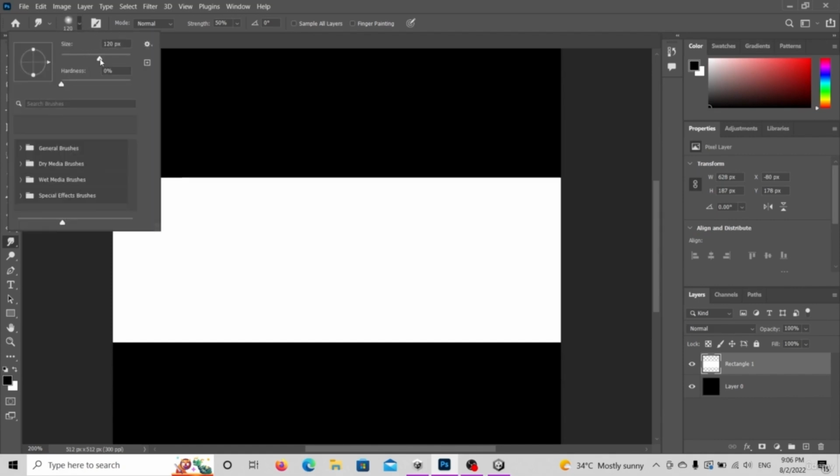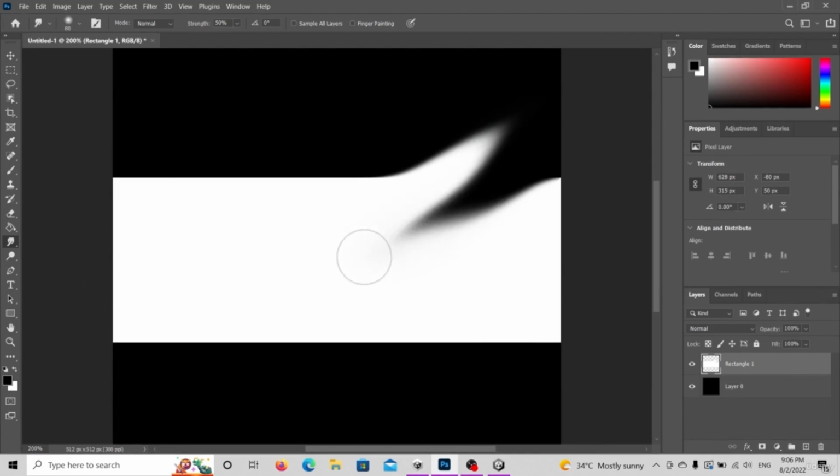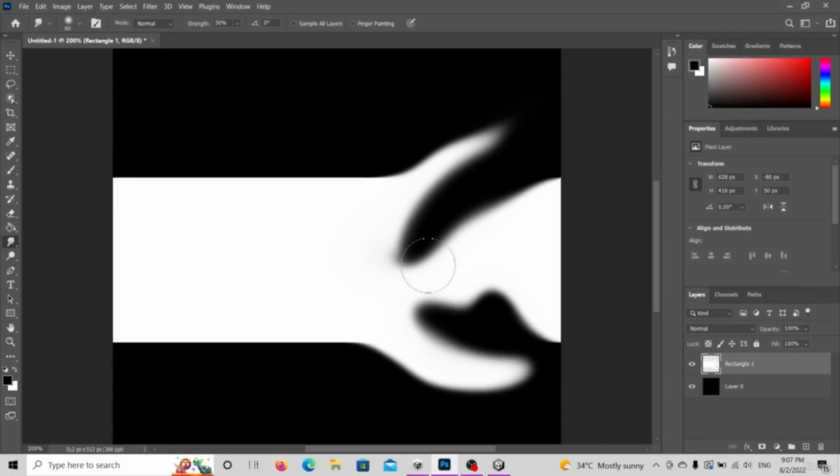Then select the smudge tool, change the size of the brush as you wish, either by using the brackets or from the top left properties of the brush. Then start smudging the rectangle to create the flames of our fire texture. So keep doing this. A few smudges top right, a few smudges bottom left, and be careful and make sure to keep